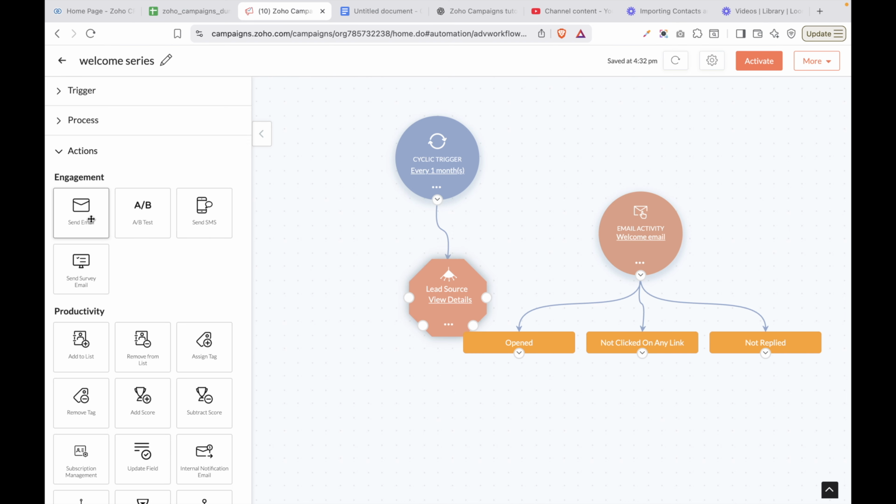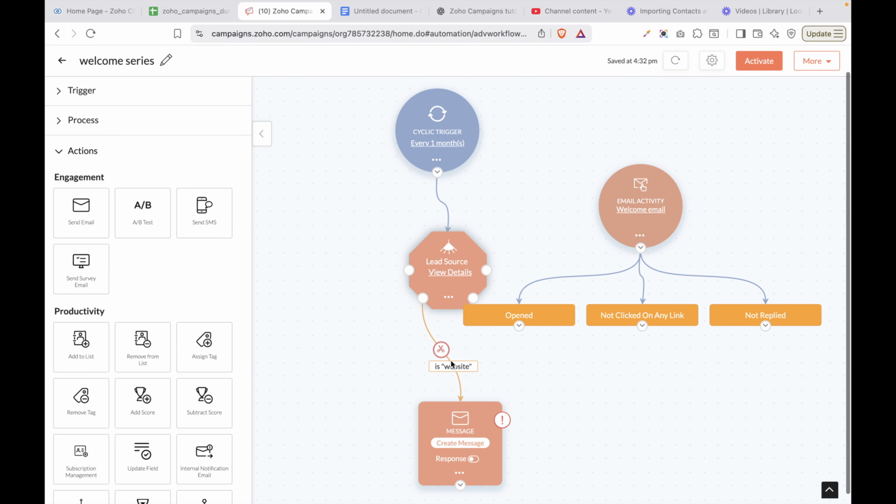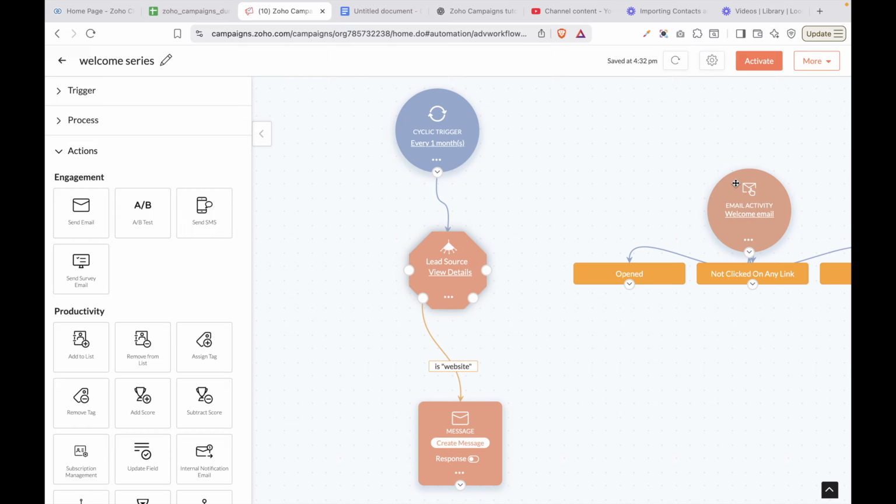So we can decide to send an email as an action. Let's just use this. I remember that this is website. Let me create this. So we can say we want to send out an email to anyone coming from websites, and then you can create your email in your workflow. When you click on create message,